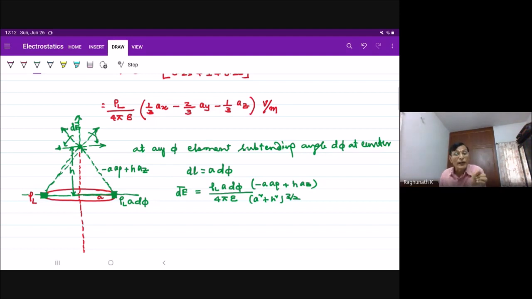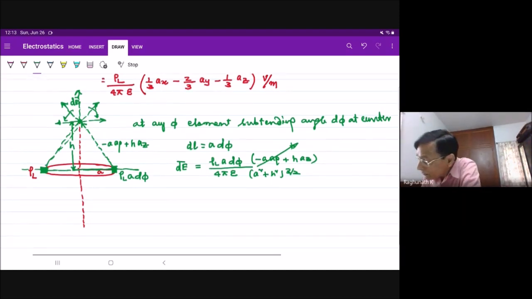This is the radial component. Radial components of the elements which are diametrically opposite on the circle get cancelled out. For every element on the circle, there is a diametrically opposite element that is considered during integration, because of which there will be no radial component. I need not integrate the radial component. I have to integrate only the axial component, which here is the Z component. Along the axis it goes. So E bar is, hope you are understanding,